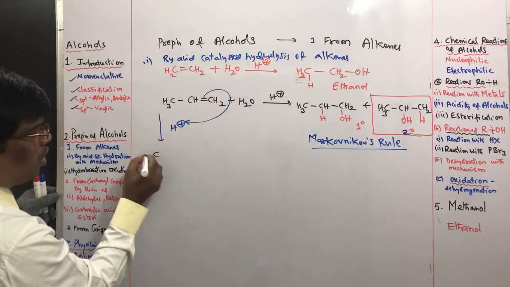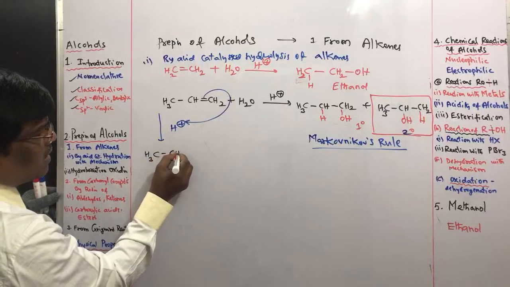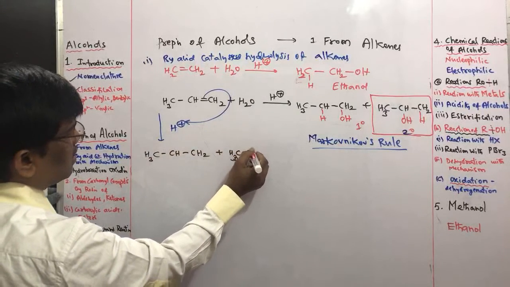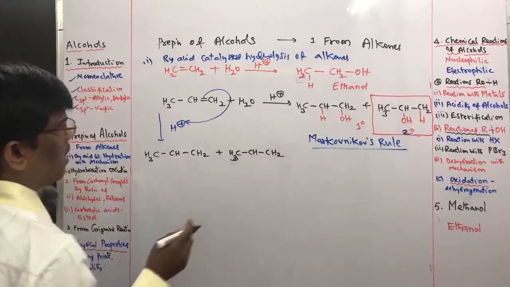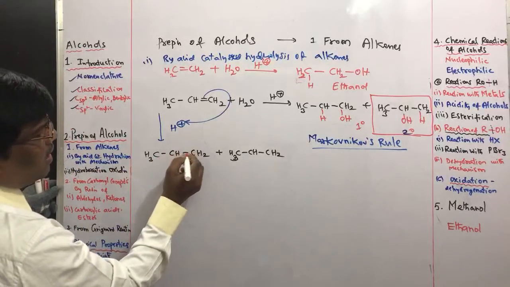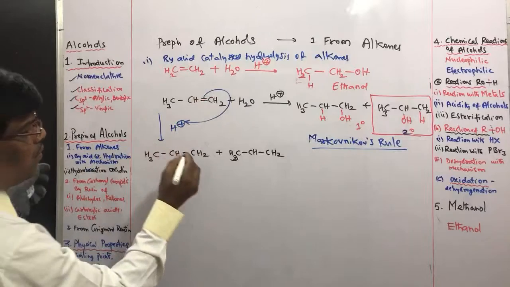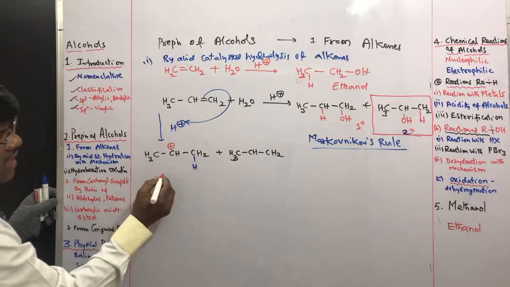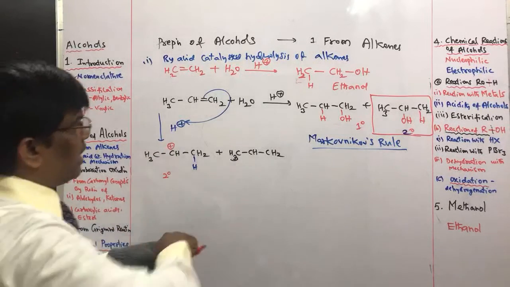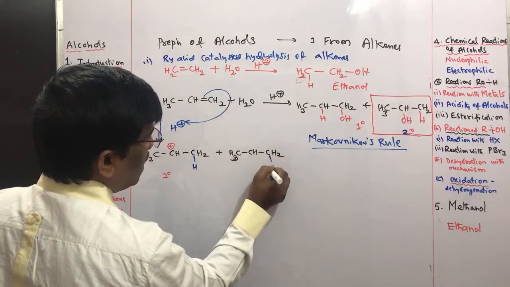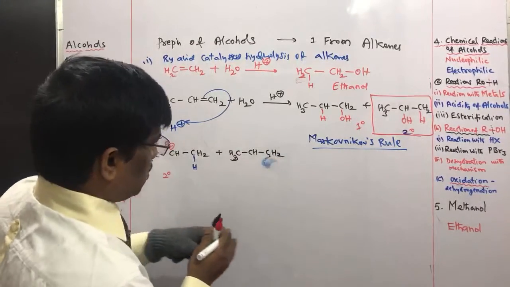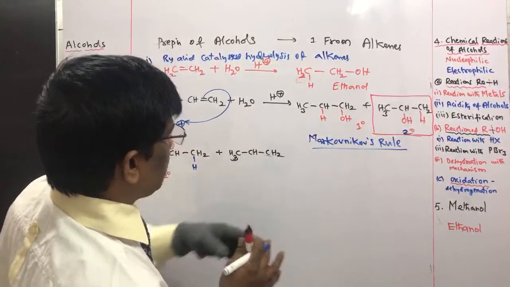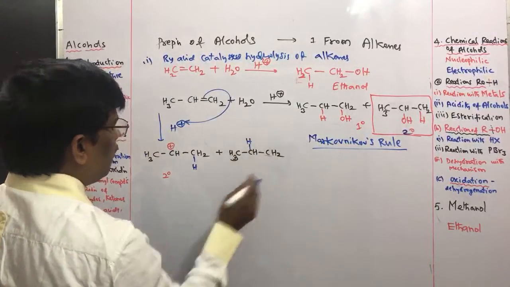Now we can expect two carbocations. If this hydrogen adds to here, we are going to get this carbocation, which is a secondary carbocation, and if it adds to the other carbon, we are going to get